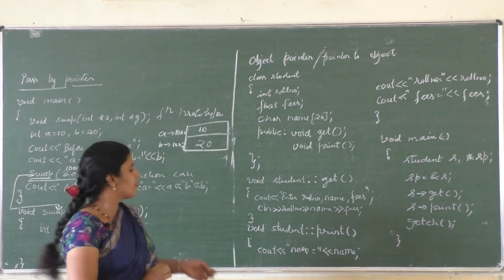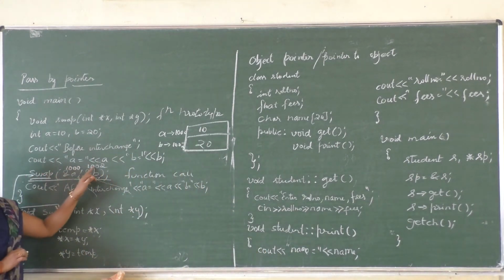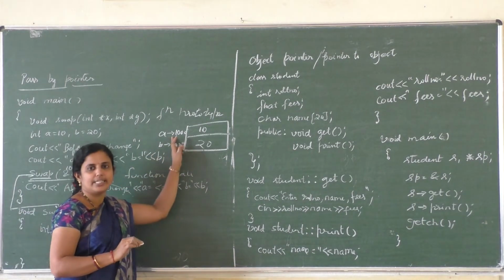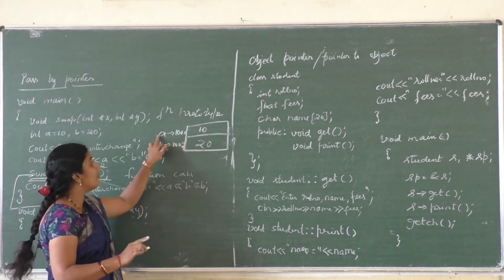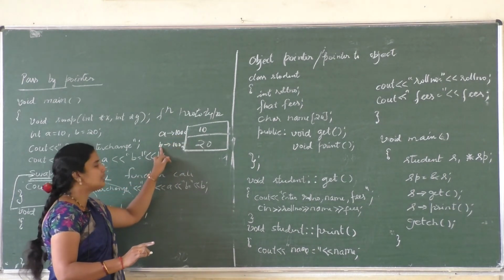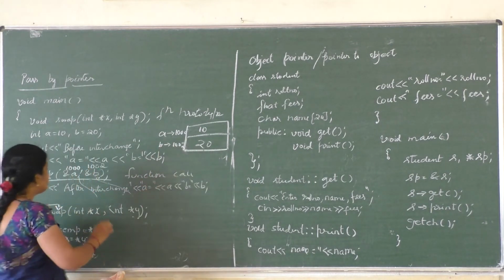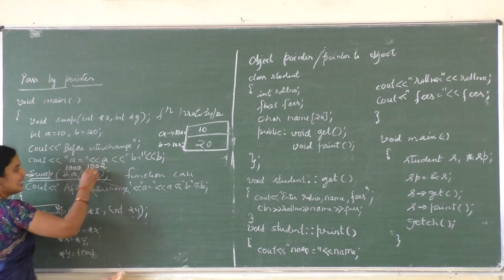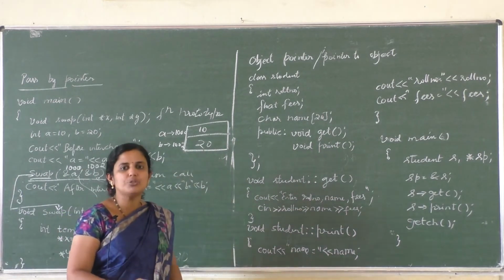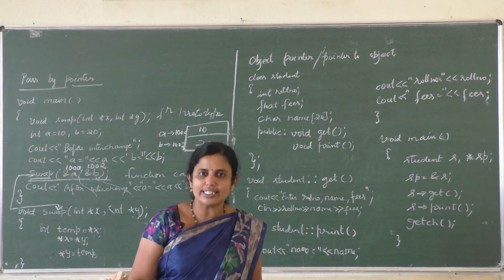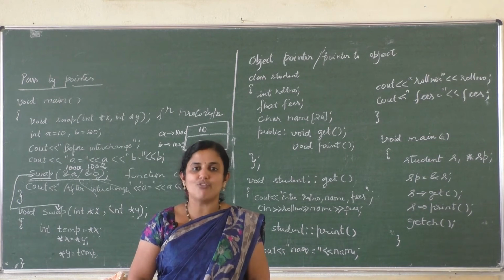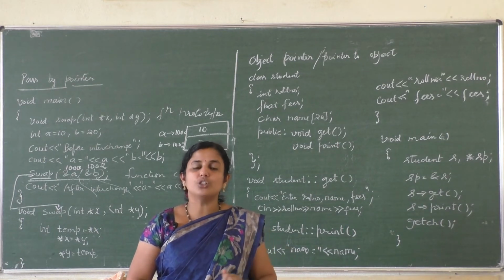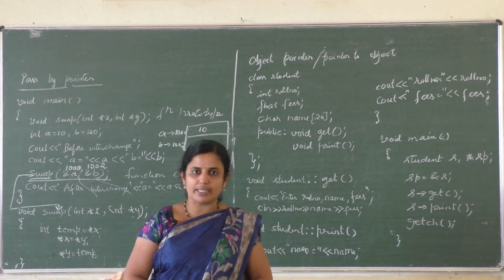Is it clear? So here I will call the function swap(&A, &B). What is &A? What does ampersand give? The address. So &A is 1000. And &B is 1002. So I can write here swap(1000, 1002). Is it clear? You have to swap the values in 1000 and 1002, not the address swapping here. Here we are swapping the values which are stored in particular memory locations. We have to interchange the values stored in the 1000 and 1002 memory locations.